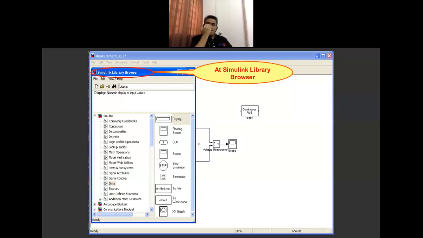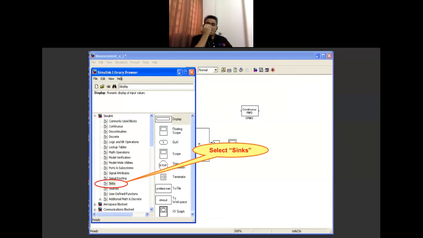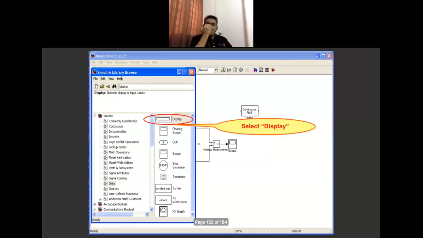Again, go to the Simulink library browser and select sinks, select display, and then click and drag.